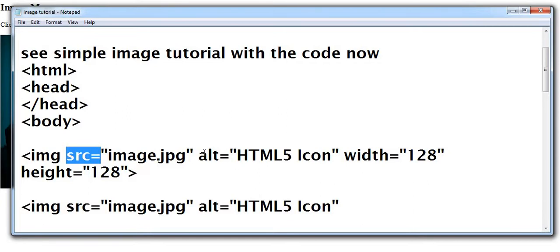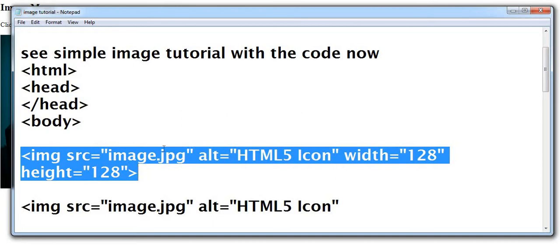so we can specify the width and height of the image. In this way we specify the size of the image. So this was the code which we had done earlier, in the previous chapter, to include the image.